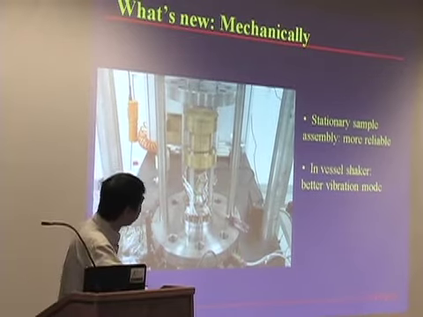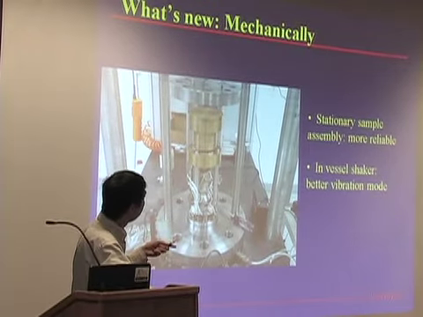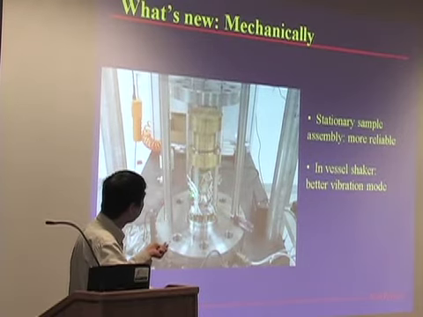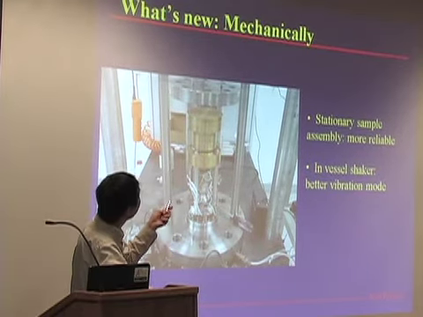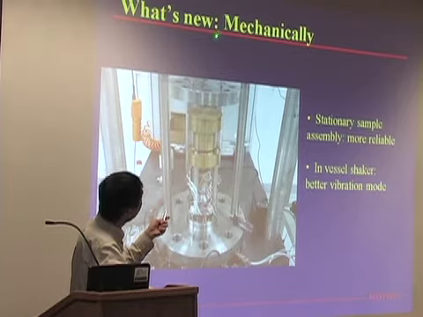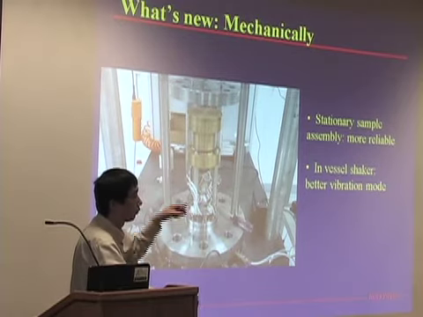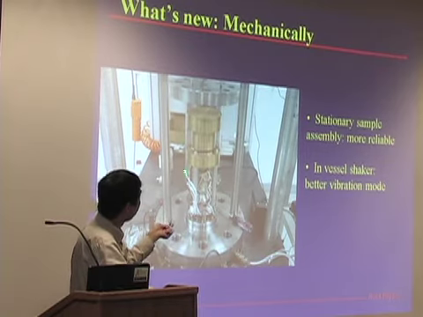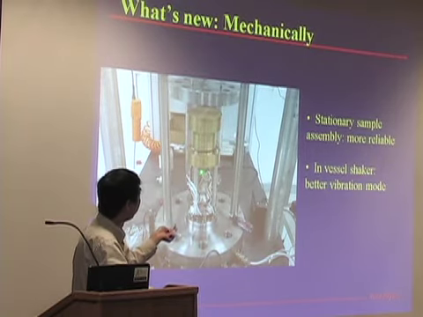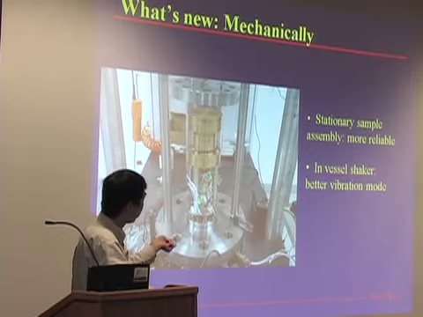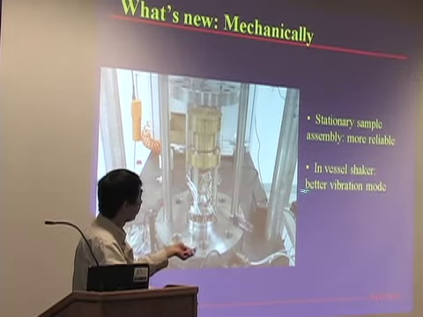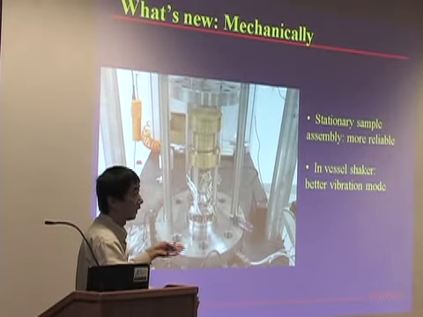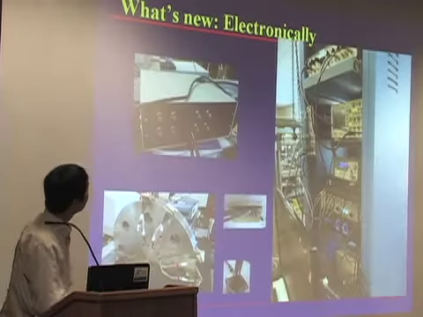This is one thing. And again, different from the shell system, they have a similar kind of stationary assembly here, but their shaker is outside the pressure vessel. They use a rod to transfer the stress field into the sample. But we put the shaker, everything, inside, very close to my sample. So in this way, we can have better control on the vibration mode, because this is also very critical to get the right result mechanically. And